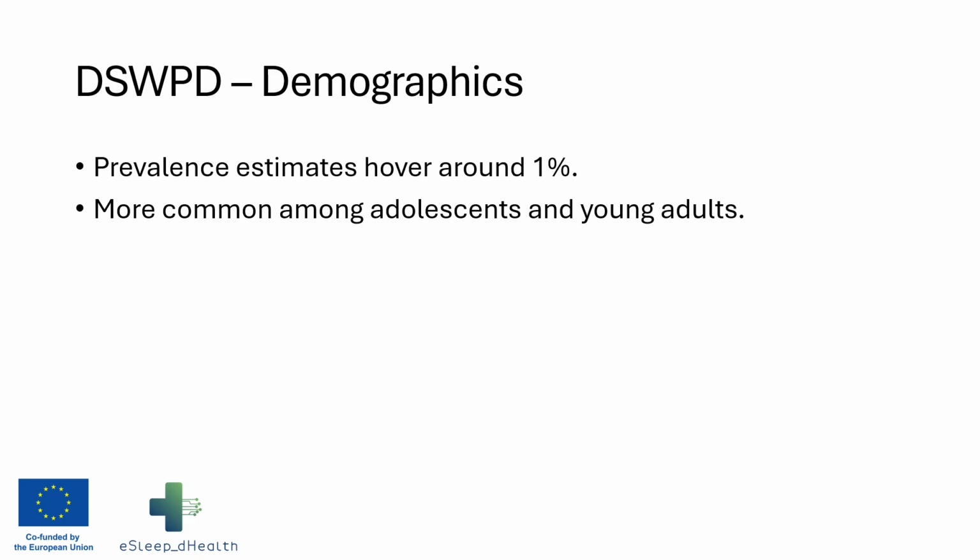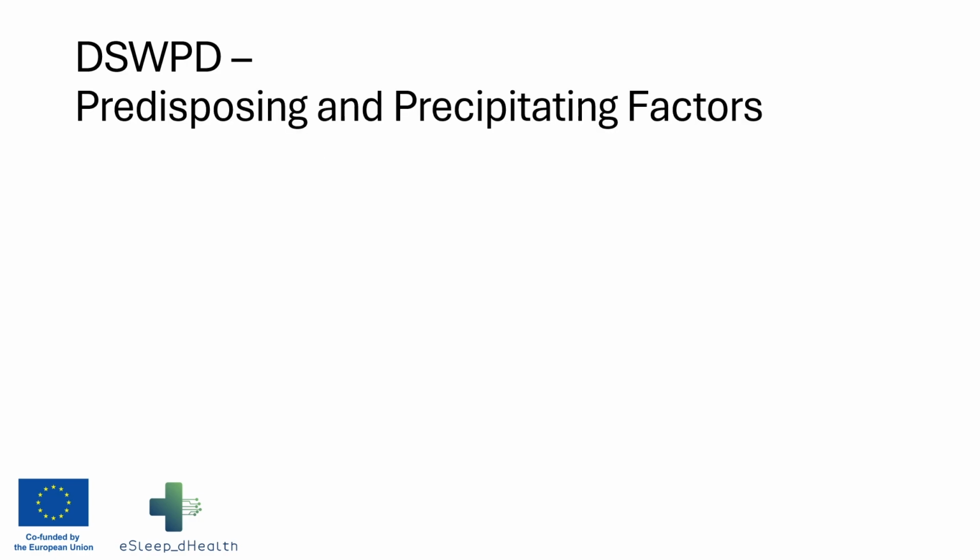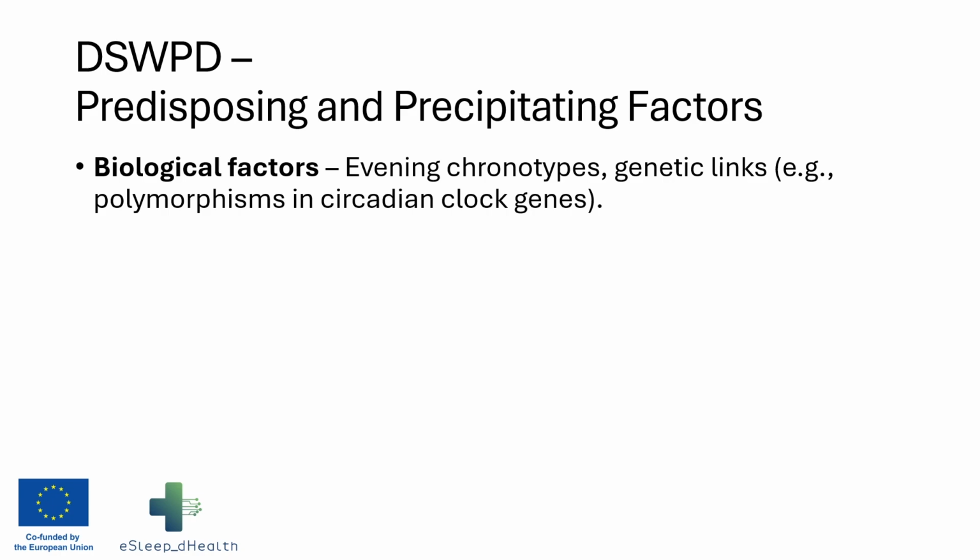So the prevalence of delayed sleep-wake phase disorder typically hovers around 1% of the general population, and it's more common among adolescents and young adults. There are a number of predisposing and precipitating factors of this disorder. Most individuals with this disorder are evening chronotypes. I mentioned that it's more common among adolescents, and that actually may be because adolescents often have a later chronotype or later bedtimes during that period of their life. Also, genetic factors may also contribute